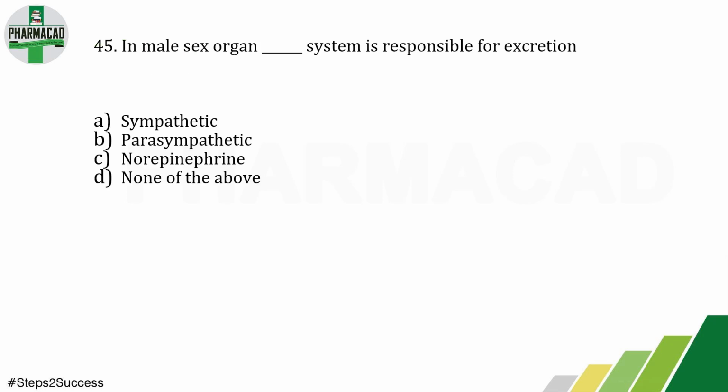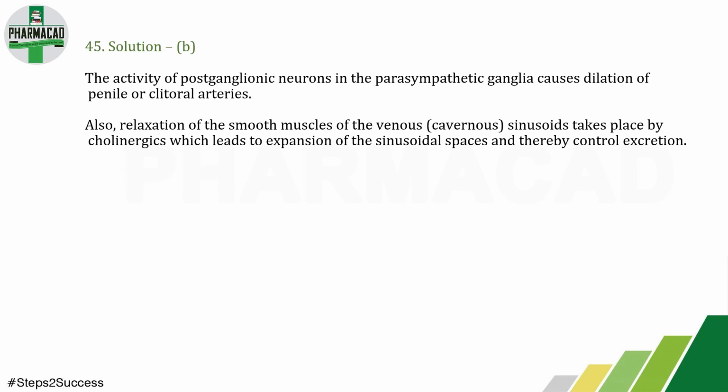Next question. In the male sex organ, which system is responsible for excretion? For this you need to know which receptors are present at the male excretory organs. Is it sympathetic, parasympathetic, norepinephrine, or none of the above? So the correct option here